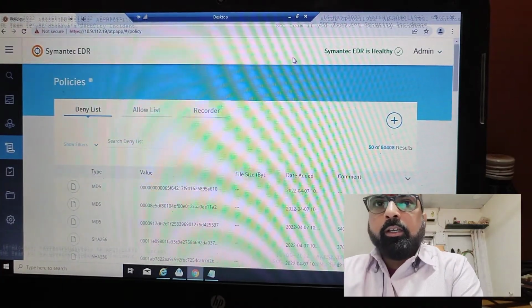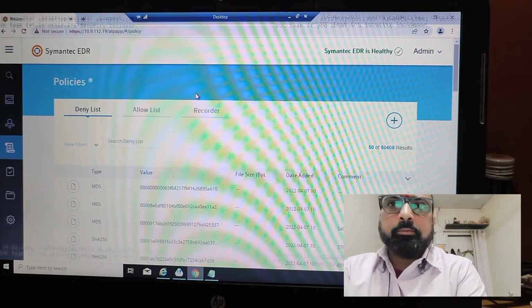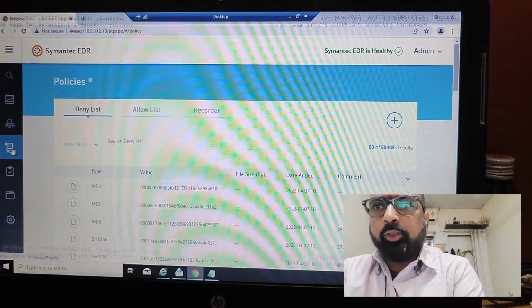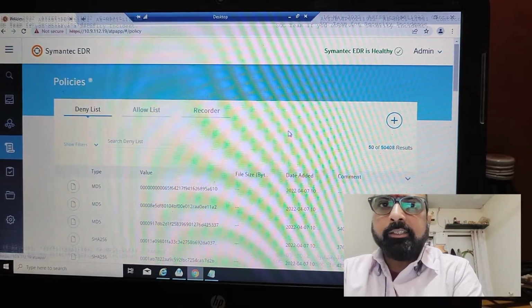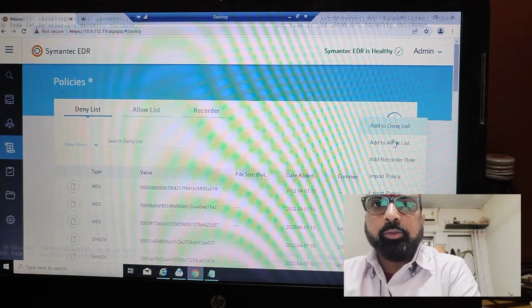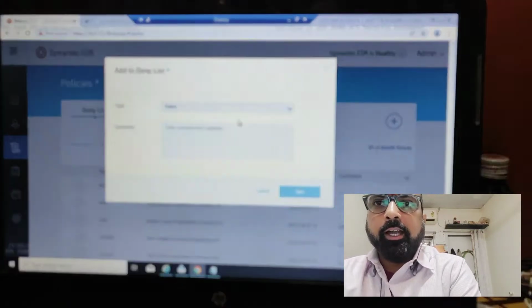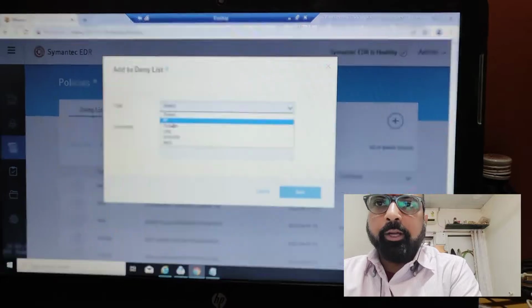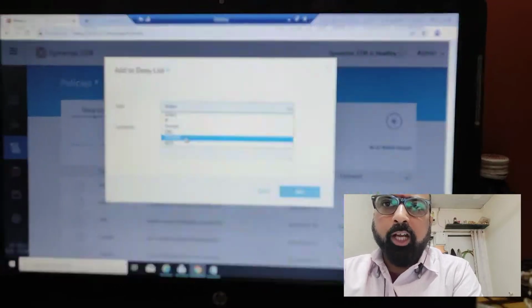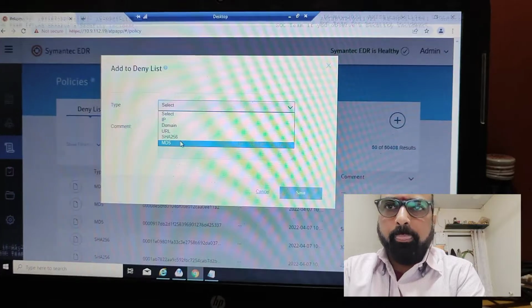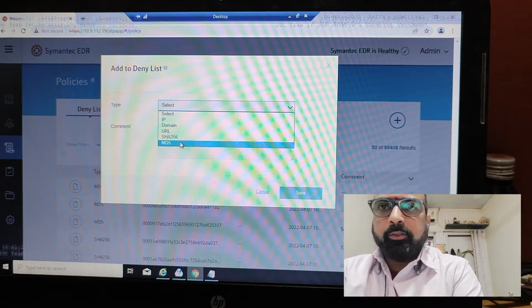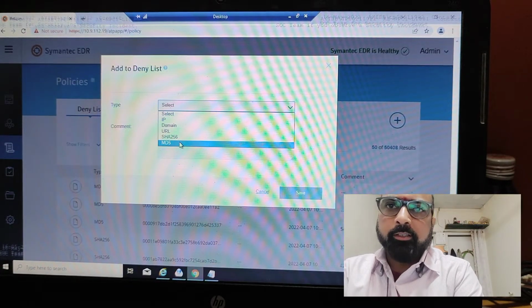Okay. In our whole EDR console, only two types of configuration are required here. One is the deny list, as previously said to you. You can add IP address, domain, URL, SHA-256, MD5. There are 5 types of configuration to block from here.